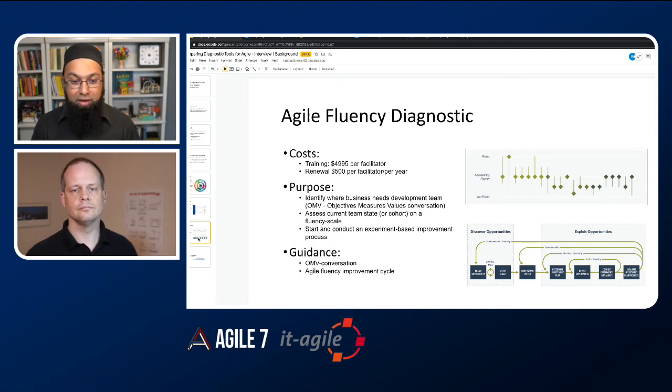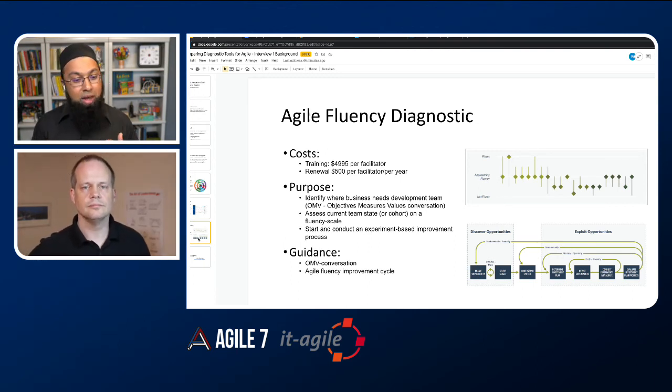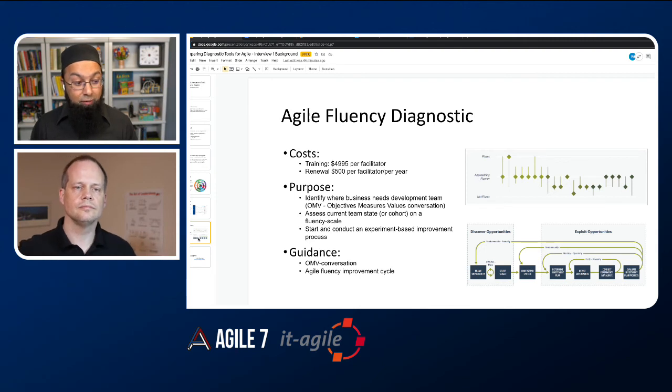And the other thing I like about this is it's not about maturity, right? That's a big nuance that is not clearly understood. So the questions are not questions, they're statements. This is an observable outcome. This is a statement. Do you do this all the time? Do you do this some of the time, rarely, or never, right? And then with those conversations, you build out this map. And even the Agile Fluency, so Agile Fluency is a suite of tools, right? The diagnostic, the model, the Excel spreadsheets that come with it, the improvement cycle, right? And the improvement